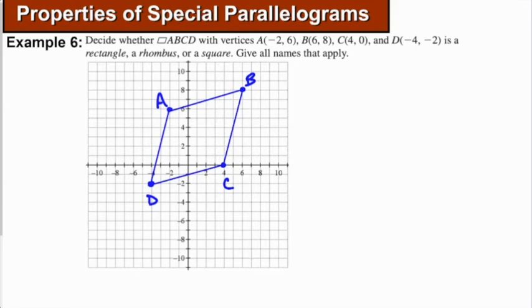So we've got a shape that we're being told is a parallelogram. We can verify it by checking slope. So we don't need to check that it's a parallelogram. They're telling us that it is. But just to be thorough, we'll say the slope